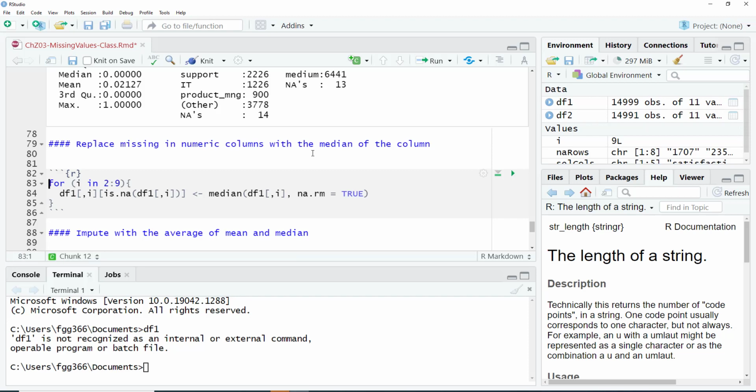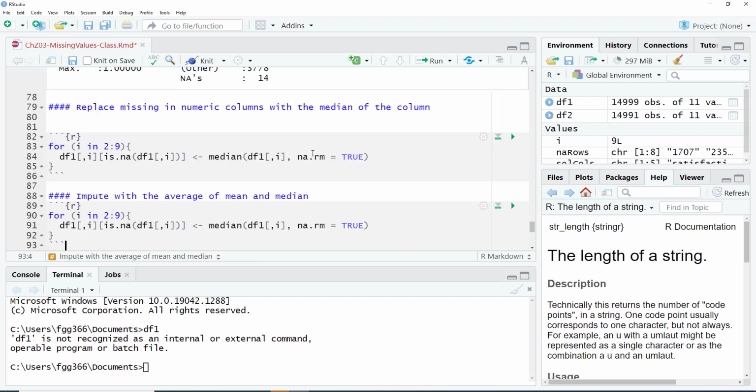Then what will you do? Well, you're going to do the same thing as far as looping is concerned. You're going to go through, but this is not going to work. So we have to look at some other approach.